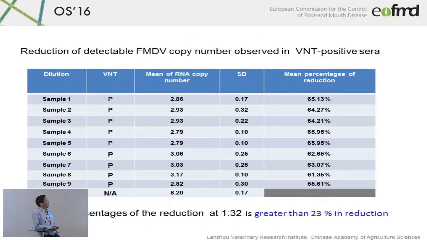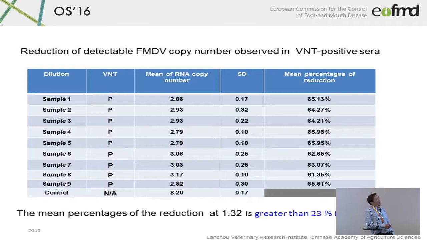And so if we do the test with the VNT positive samples, which again are from the pigs and the cattle infected experimentally with the H1 local isolates. Here I just show some of them to illustrate the performance of this test. And here you can see that all the VNT positive, and this is just the virus copy numbers in each